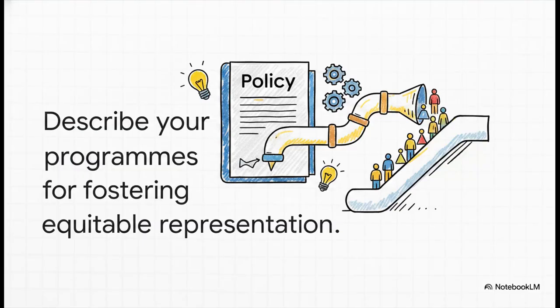You see, compliance goes a bit beyond just filling out the quantitative data in those tables. Investors don't just want to see the raw numbers. They really want to understand the engine driving those numbers. So the metric also requires a narrative description of your actual policies and programs designed to foster equitable representation. Think about it. If your executive management numbers show a total lack of diversity, what are you actively doing to fix the pipeline? The standard explicitly asks you to describe your global operations approach to fostering equity.